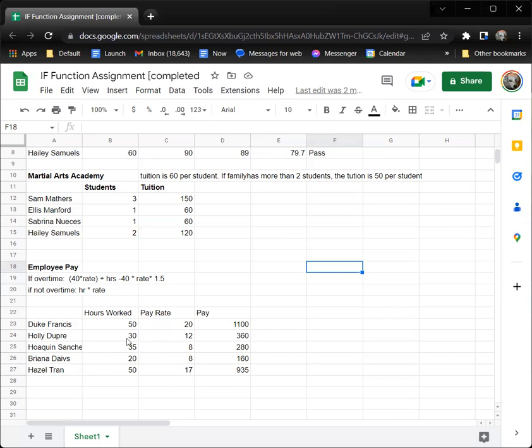So in this case, Holly Dupree, it's going to just multiply whatever's here times whatever's here. So that's how you will get the 360. But you're going to have one function that has an if in it. So basically, you're going to put something like equal if. And what is the condition going to be? Remember, there's three parts separated by commas. There's a condition. And in this case, the condition is if the hours worked is greater than 40. So that would be B23, is that greater than 40? So that's what you're going to type in,